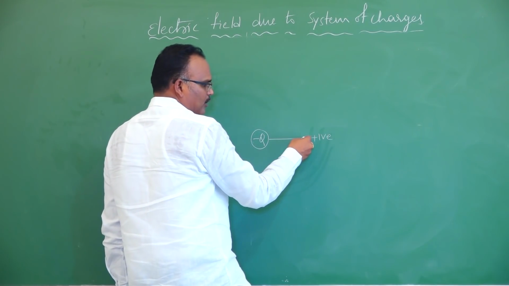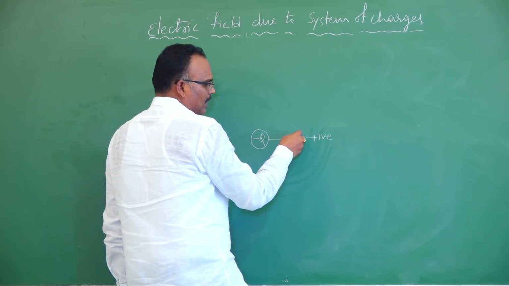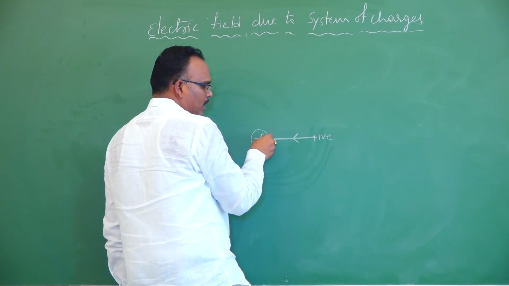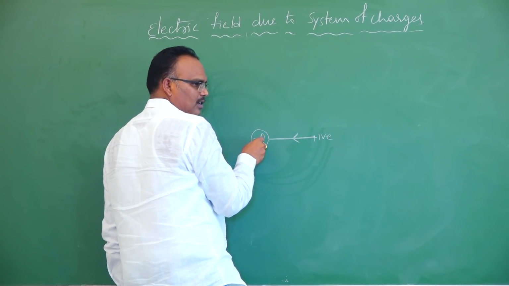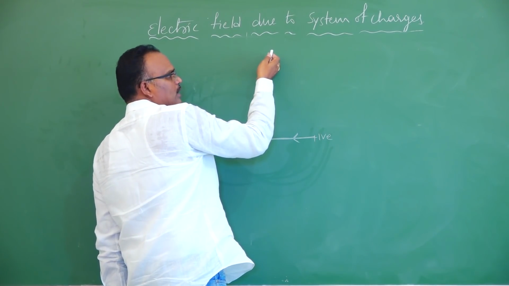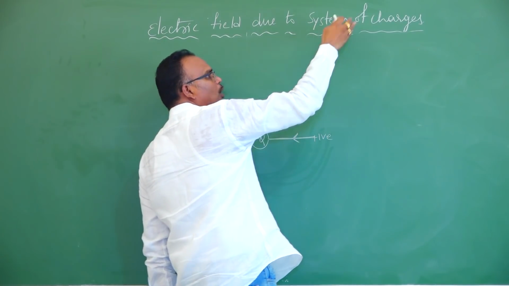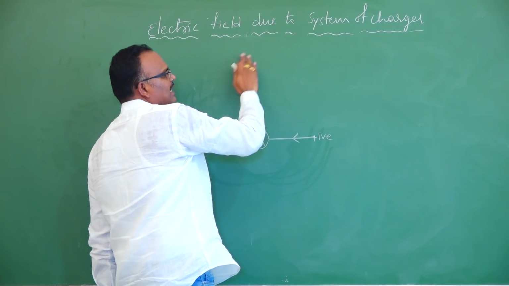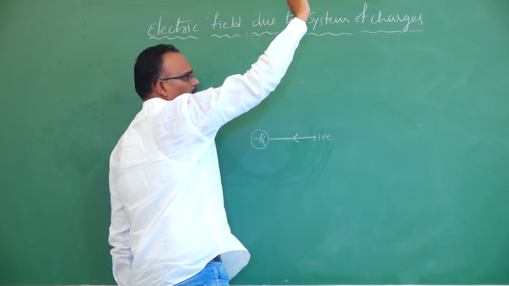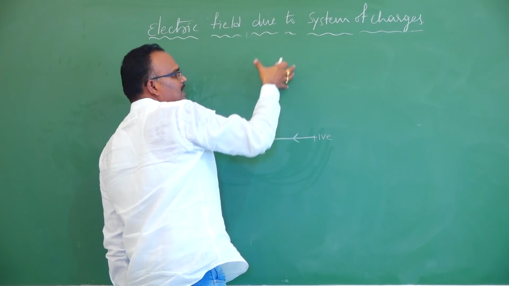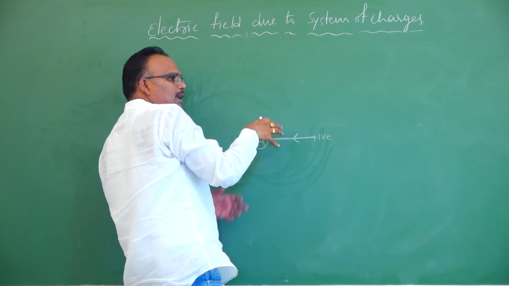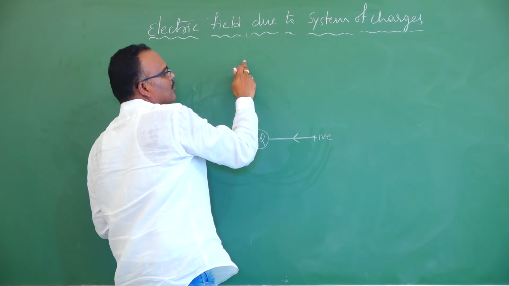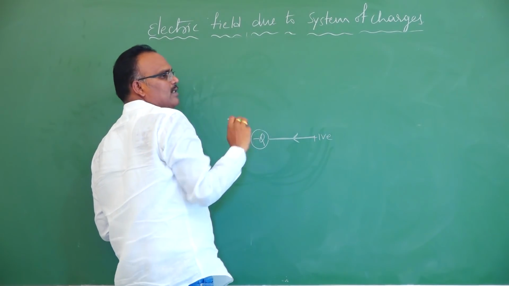So unit positive charge moves in this direction. That means electric field lines are inwards for negative charge. We have seen in case of positive charge, electric field lines are moving outwards. So that's why I can say electric field due to positive charge is radially outwards, because field lines will exist not only on the board, they will be even in the space.